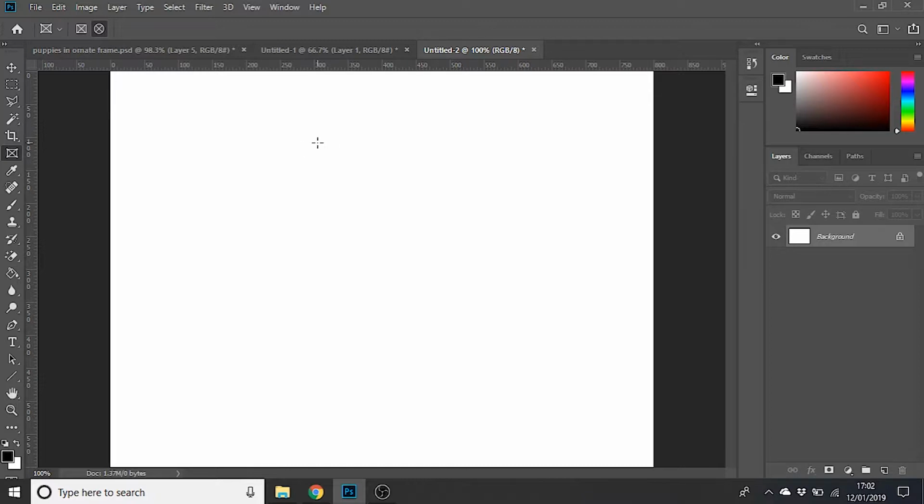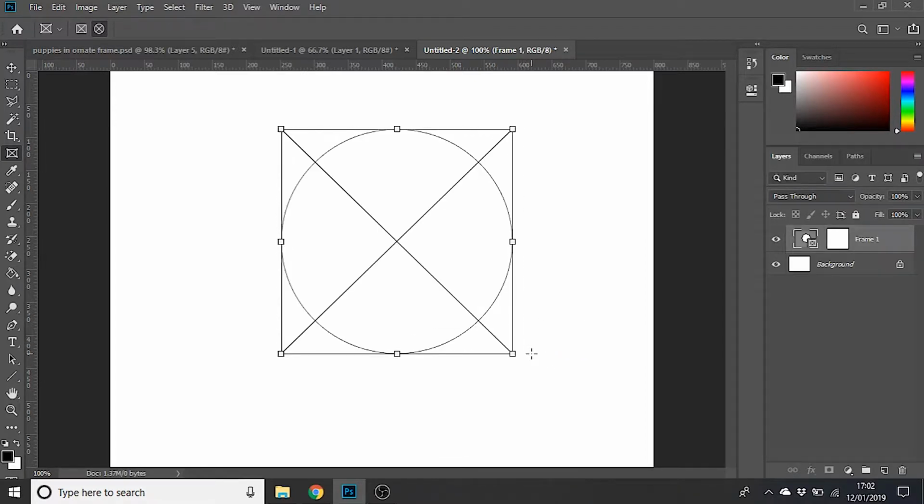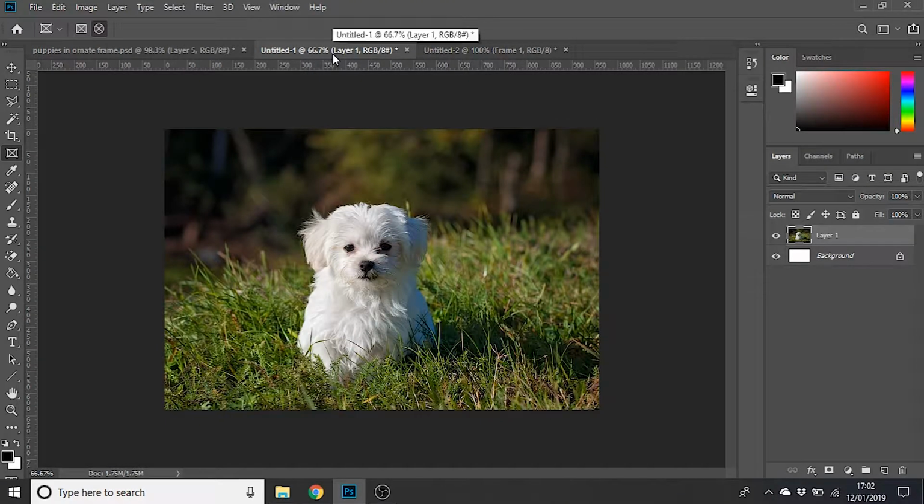So in this instance, I'll do a circle. If I click and drag on here and hold the Shift key to make an exact circle and let go, I've now got a circle here. So if I press enter on my keyboard just to get that circle set,